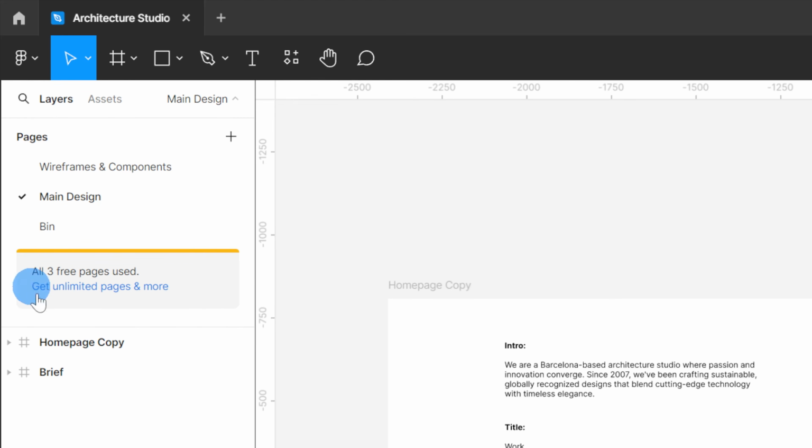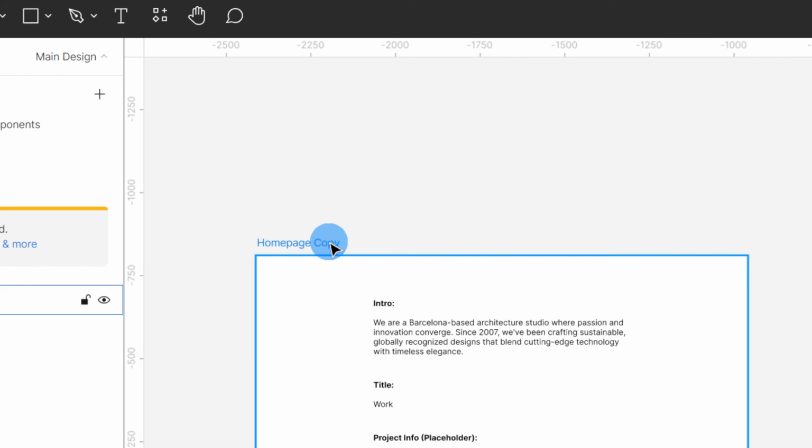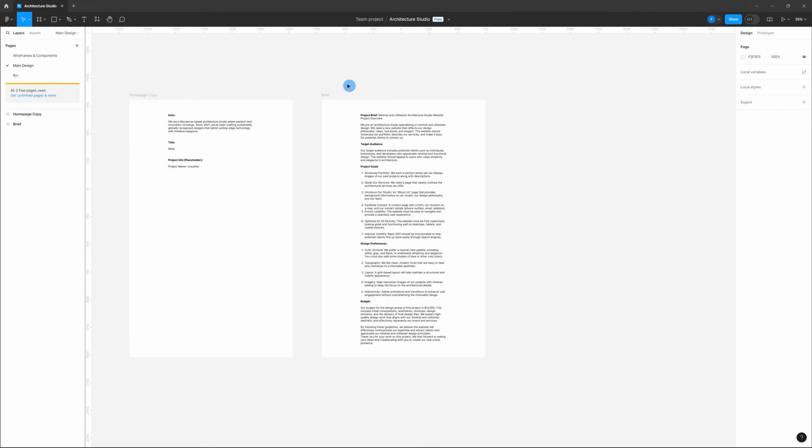Since we are using the free plan, we can only create 3 pages, so we have to work with what we have. Here we have the copy that we are going to use for the home page, and then here we have the brief. And you can download these documents by going to